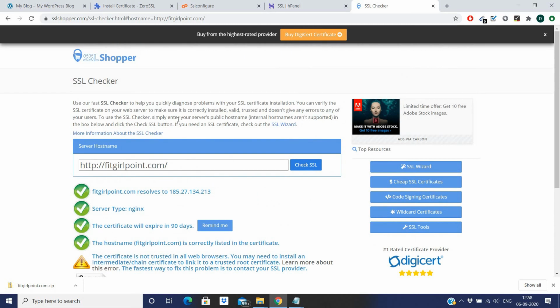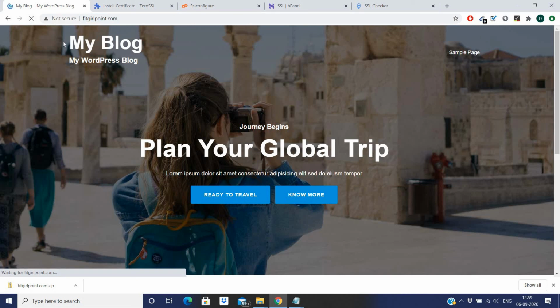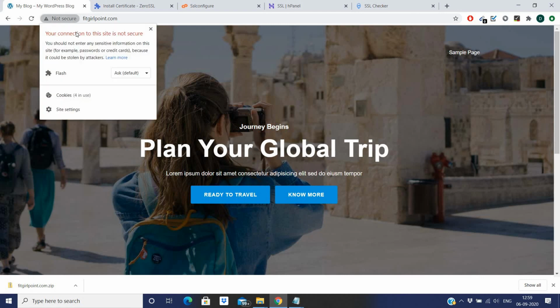So the certificate is active, but if you go to my site, as you can see, there is no secure icon or lock icon, and it's also saying the connection is not secure.